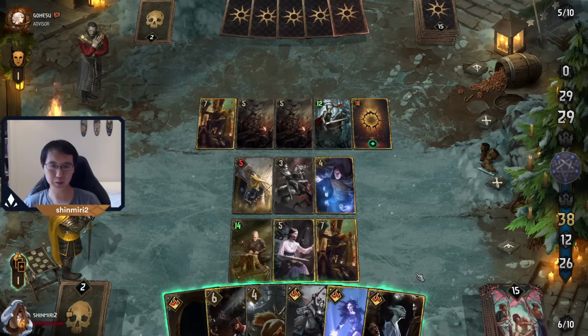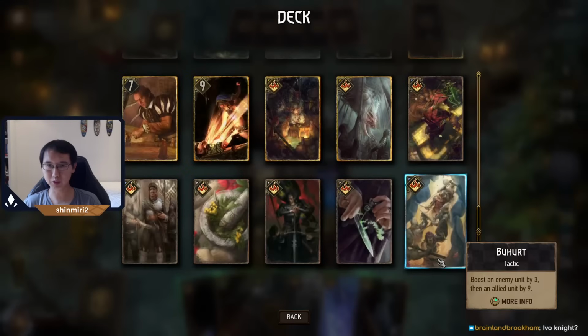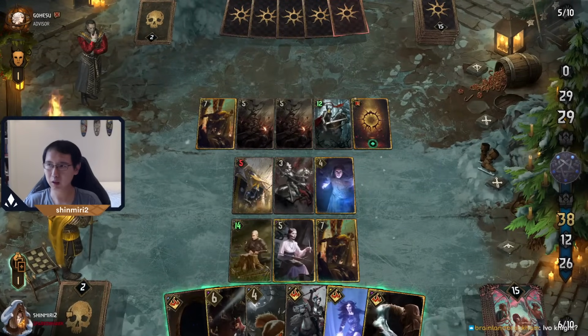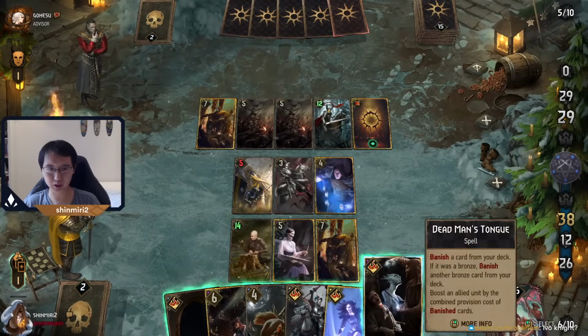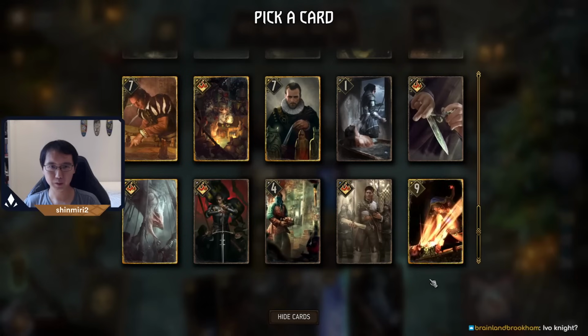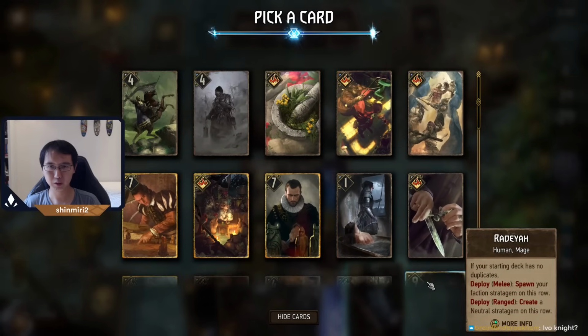I have to choose something to play now. I think I choose Dead Man's Tongue. I don't think we invo the Knight. I think there will be better invo targets later. I think we play Dead Man's Tongue here. And we get rid of...